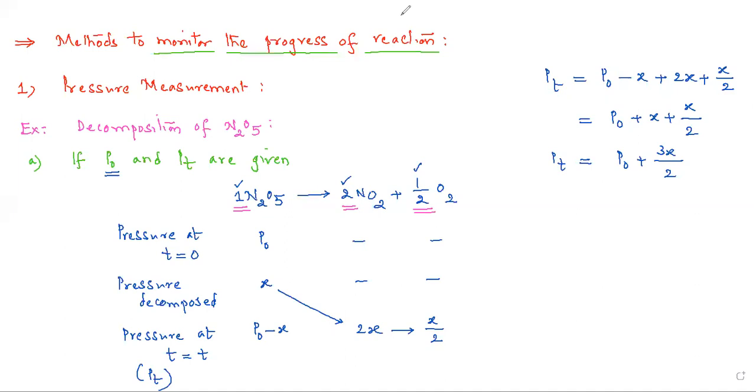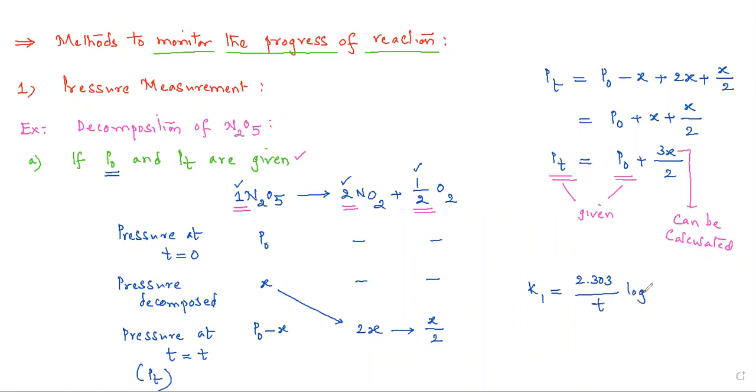Now, anyway, they have clearly mentioned, they have already given the values of P naught and PT. Now, these two are given. X, of course, can be calculated, isn't it? Only one variable, one thing to be calculated. Now, after calculating this, we can simply substitute the things in the expression for first order rate constant, that is